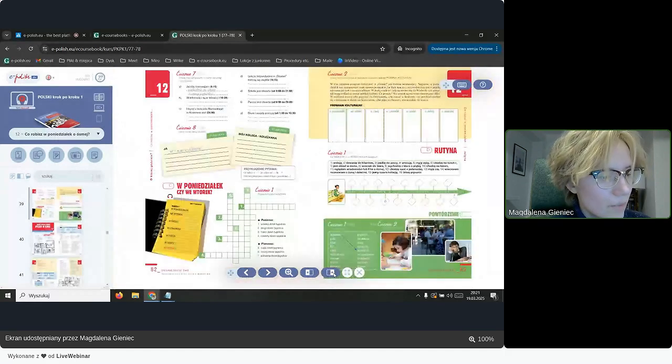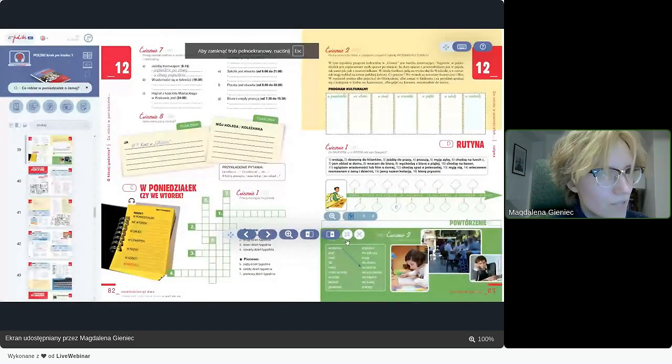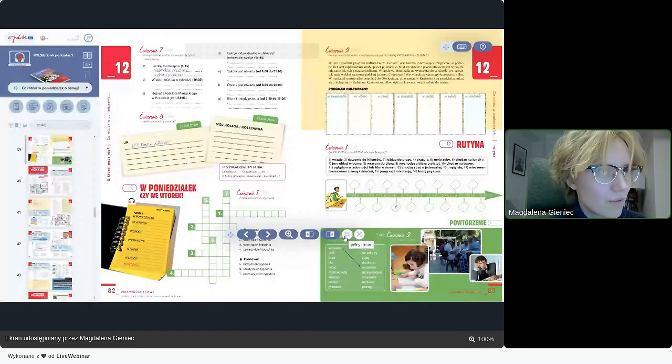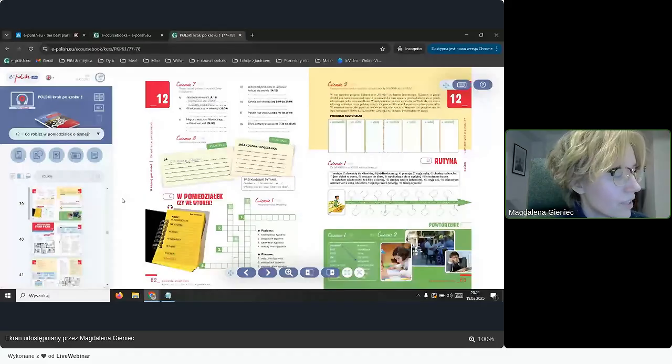And this icon will allow you to open the coursebook in full screen, which is especially great if you have a small laptop, a small screen at your disposal. All right, and